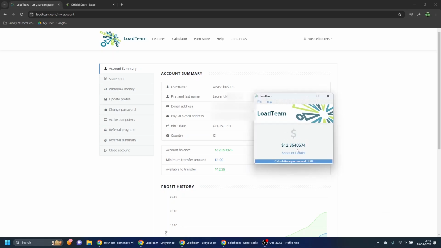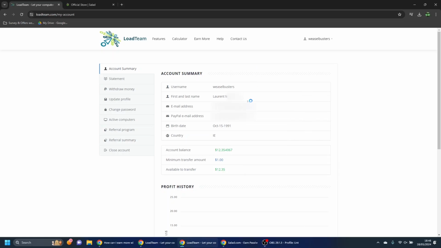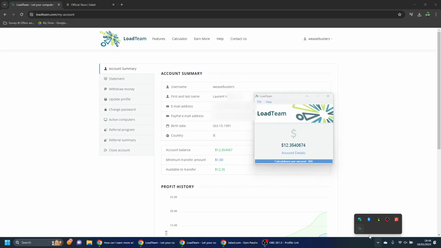You can see my balance doesn't match exactly what I have on LoadTeam's homepage, so let's reload the page. So now, you can see the account balance matches exactly what's showing in the app. The current calculations per second is about 400 and it changes every second. I will show you in a minute what that means and the potential earnings based on the calculations per second,